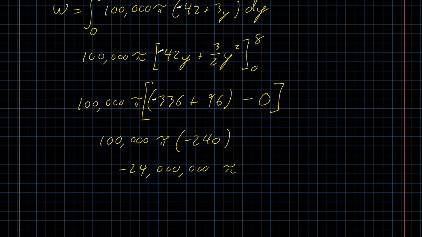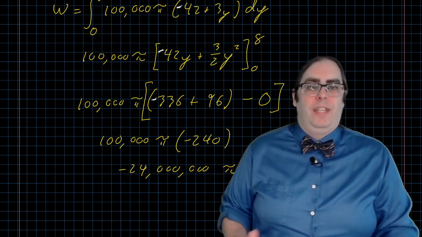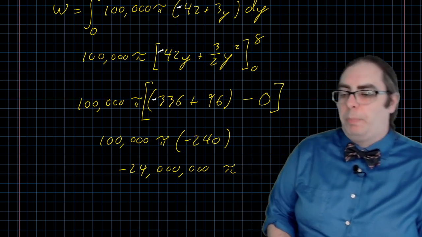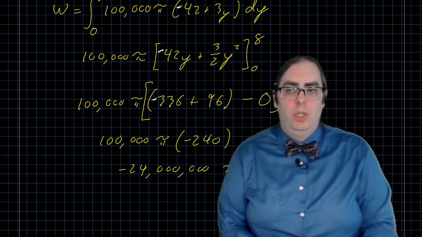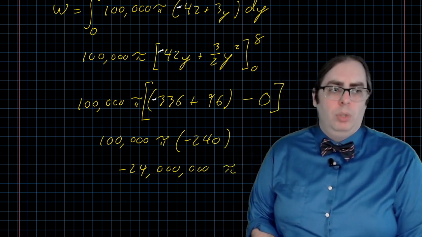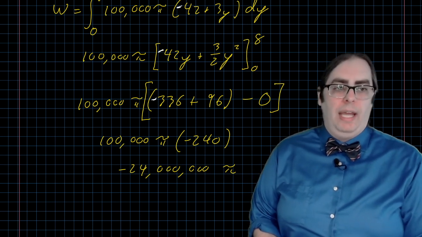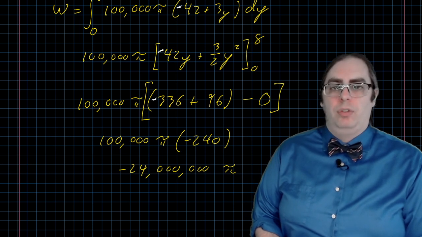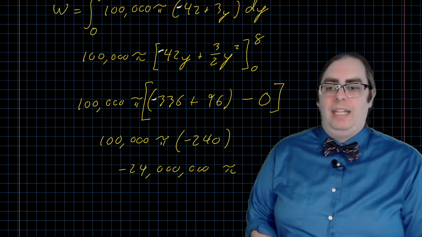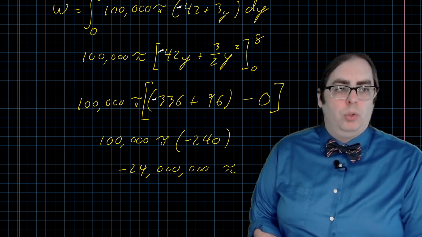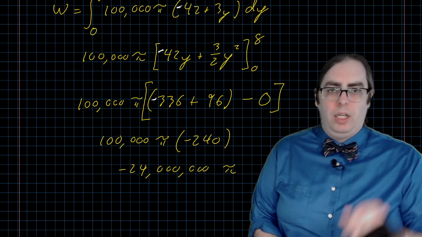So all told, our answer is negative 24 million times pi. As is often the case in this course, that's an answer only a mathematician could love. That is in joules. Since pi is around 3, I could multiply that through. 24 times 3 is 72. So all told, gravity is spending 72 million joules of energy trying to hold that fluid in the tank, and you have to overcome it by inputting 72 million joules of work, which sounds like a lot